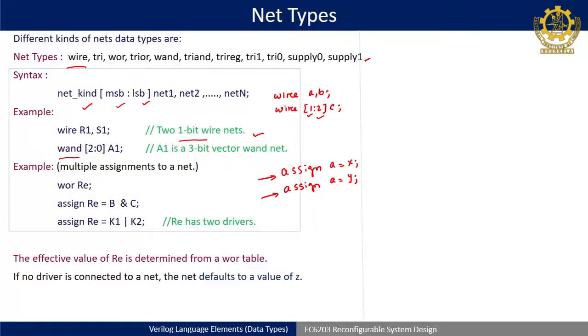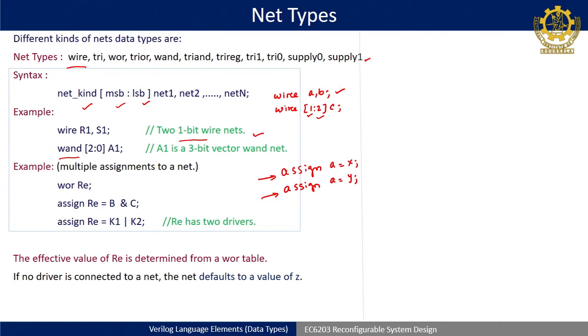It may be module or gate level modeling. All the body of the always and initial blocks act sequentially, but they all execute in parallel or concurrently. So, if you write assign A equal to x and assign A equal to y, then when the execution happens concurrently, A is getting two values, x as well as y, and the wire data type, like here we have defined wire A.